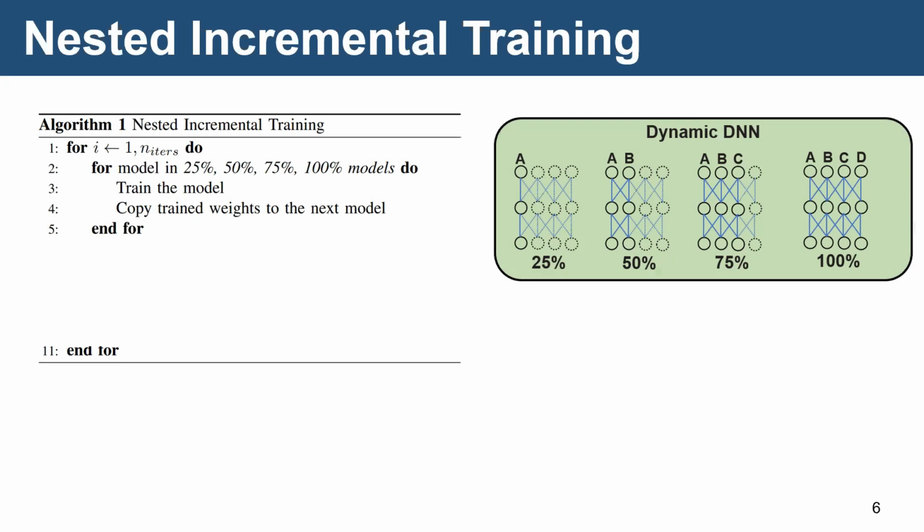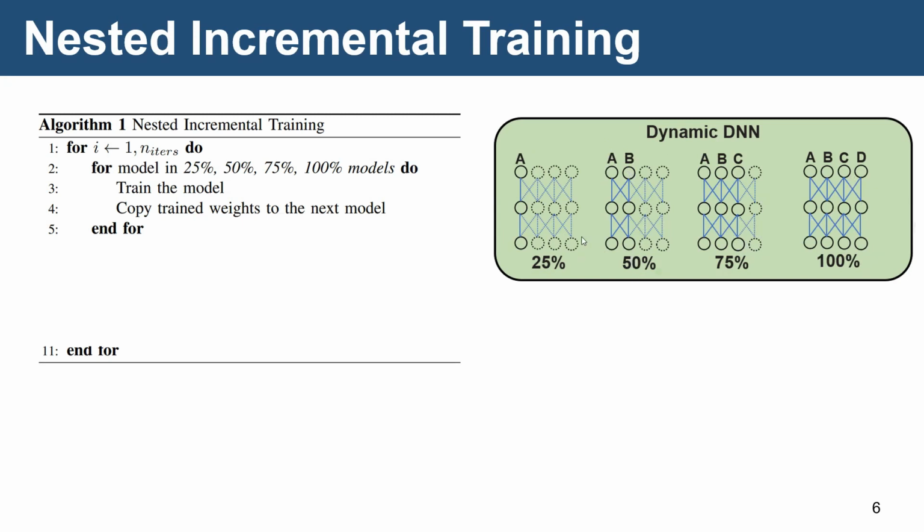Now let's have a look at the nested incremental training algorithm. So here is the algorithm. At the beginning, we need to build a foundation for this training. We first train a standard dynamic neural network. We first train the 25% model, then we copy the pre-trained weight to the 50% model. In this step, we train B using the pre-trained weight from A. And so on and so forth, we get the standard dynamic DNN model with one full network and three subnetworks. Now, if we copy the weight from C and CD directly for inference, we get random results because they are not trained to do so.